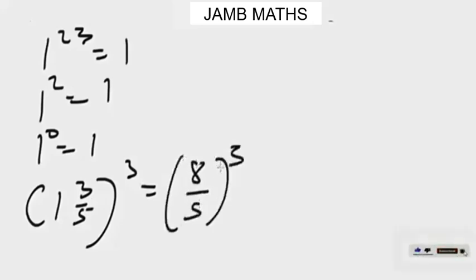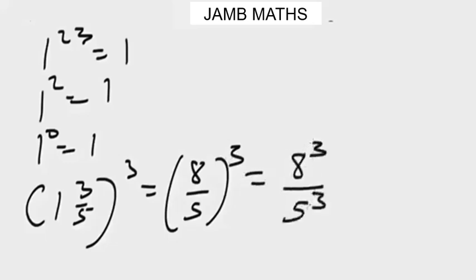Then the power is outside. Now, basically, when you are dealing with a fraction and you have the power outside, the values inside will have the power. So you distribute the power outside to the values inside. That's basically what it's talking about. So when you do this, this is going to give us 8 to the power 3 and 5 to the power 3. When you distribute the powers and simplify this further,